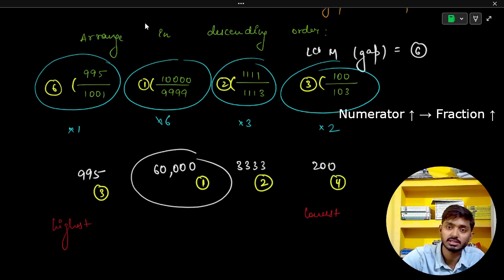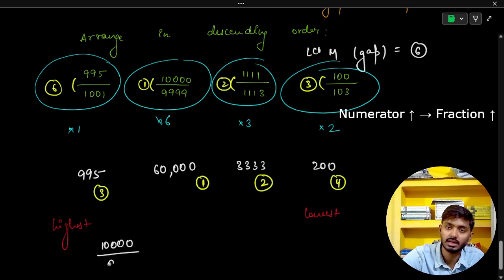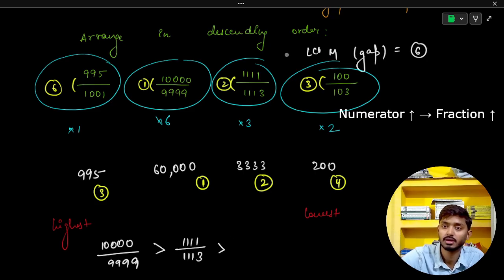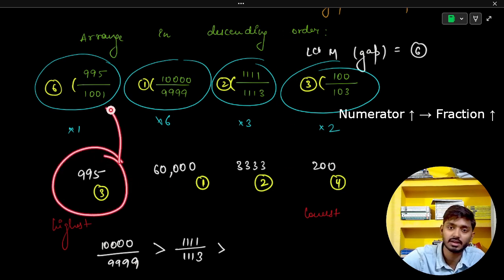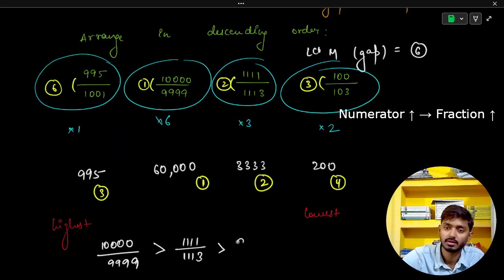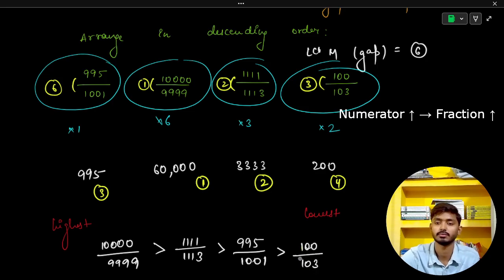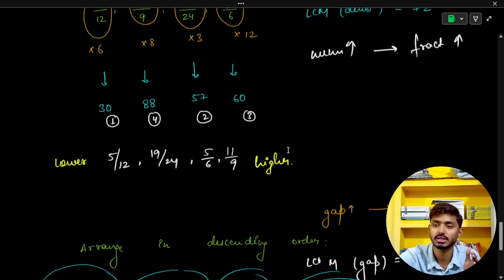For 60,000, the fraction is 10,000 by 9999. This is our highest fraction. The second highest is 3333, which turns out to be 4 times 1111 by 1113. The next highest is 995, whose fraction is 995 by 1001. And the last fraction is 200, which is 100 by 103. That is how we arrange the given fractions into ascending or descending order using the concept of